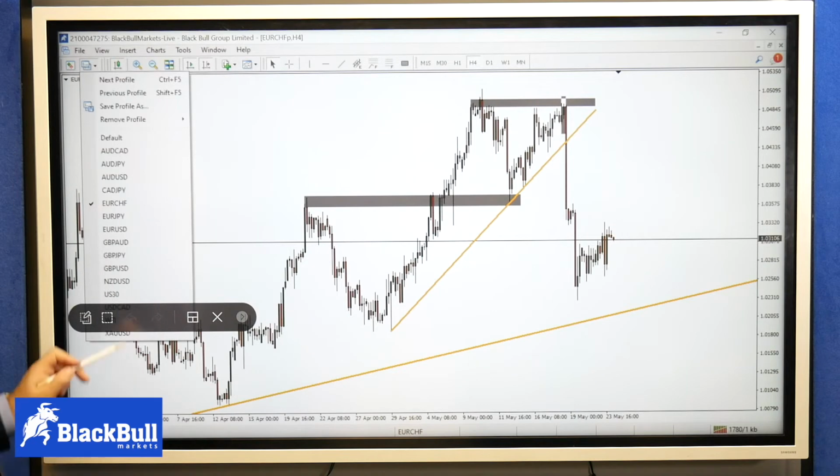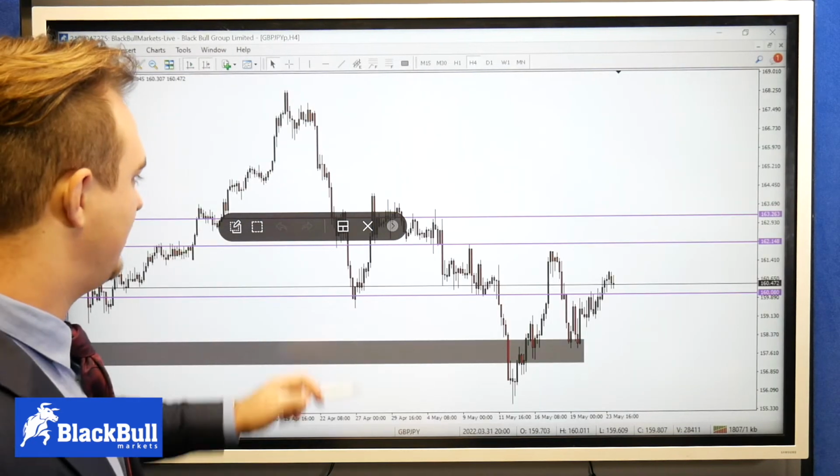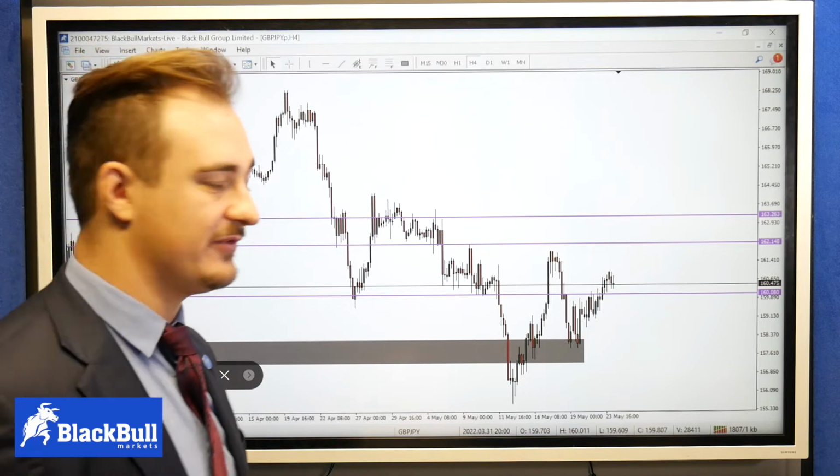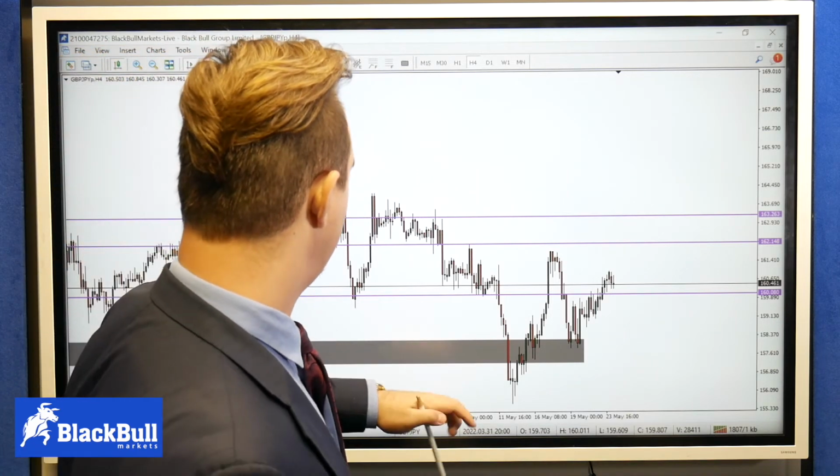Another pair we'll be looking at. We haven't looked at the Kiwi. Actually, I just want to look at the GBP/JPY first before we jump over to the Kiwi. Now, Kiwi, we haven't really looked at the Kiwi at all, but I just want to have a quick look. GBP/JPY, we are sitting